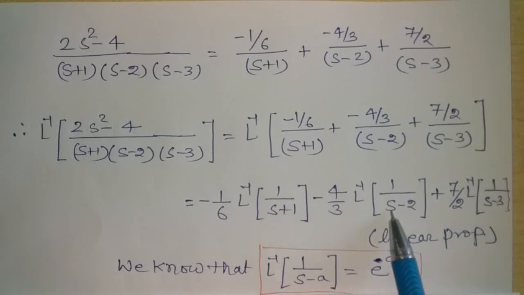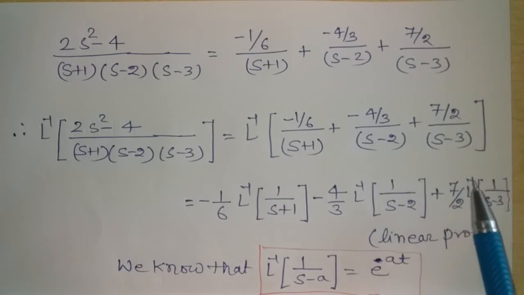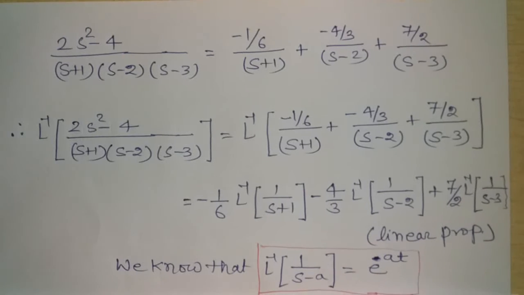Here 1 upon s minus 2, so inverse Laplace transform of 1 upon s minus 2 is e raised to 2t. And here we have 1 upon s minus 3, so inverse Laplace transform of 1 upon s minus 3 is e raised to 3t. So using the formula that inverse Laplace transform of 1 upon s minus a is e raised to at,